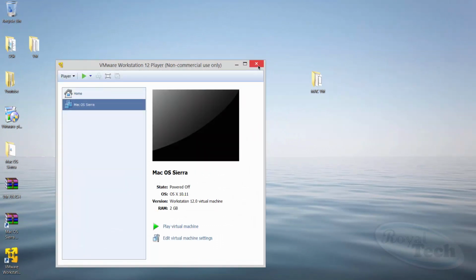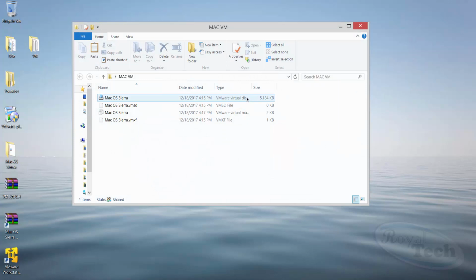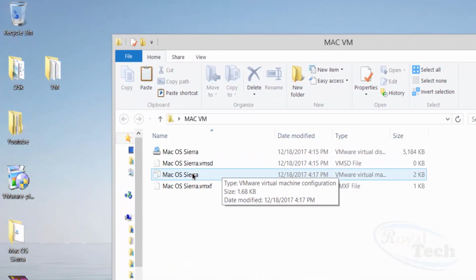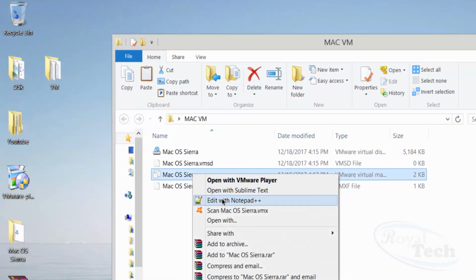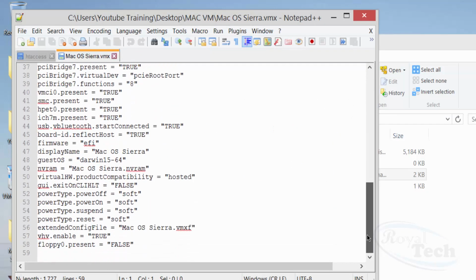Then I make sure I power this off, I close off. Then I go to the folder where our VM is residing, which is this folder. I open it, and I look for this file here. I right click on this and I edit with Notepad plus or whatever editor you have. Then go to the end of the file,